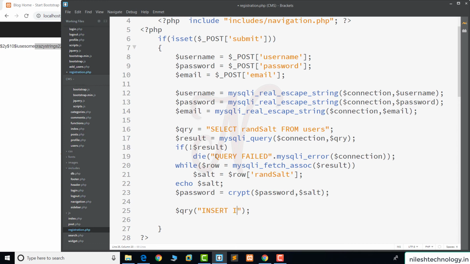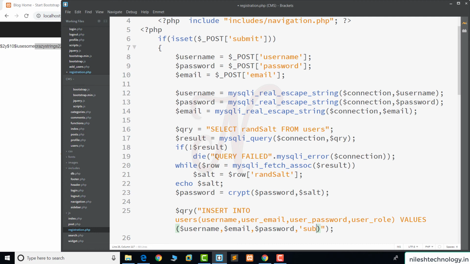Insert into users, and here we pass the column names: username, user_email, user_password, user_role. Values: username, email, password, and your default role, here we pass subscriber.